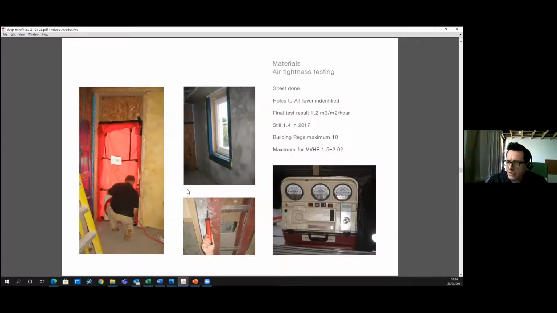Air tightness. So again, this was a big first for us. We tried to push for air tightness of better than 1. Some of you will know that the building regs minimum is 10, which I think is ludicrous. After 3 tests, we managed to get down to about 1.2, which remains pretty good